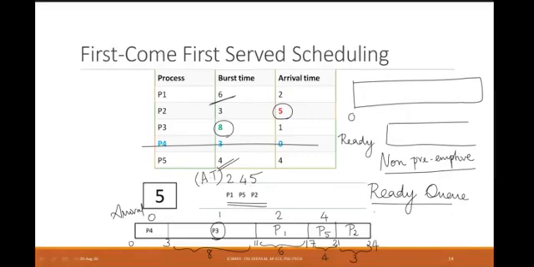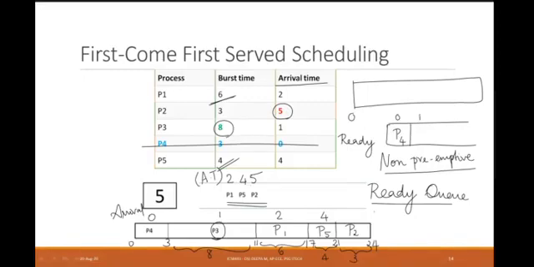So you're going to buy your tickets or whatever it is. You're going to stand in a line and come for your CPU execution. So whichever process comes first will come onto my ready queue first. So P4, the arrival time is 0. So I am putting it onto my ready queue. So at time 0, P4 came into my ready queue. So shall we first finish off the ready queue alone?